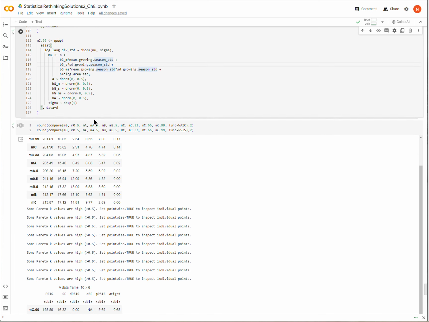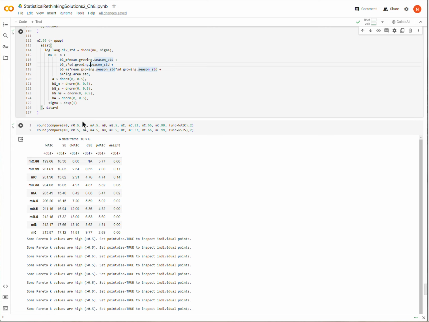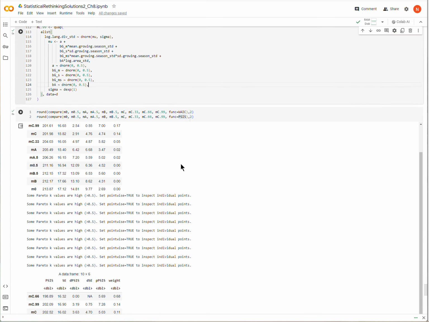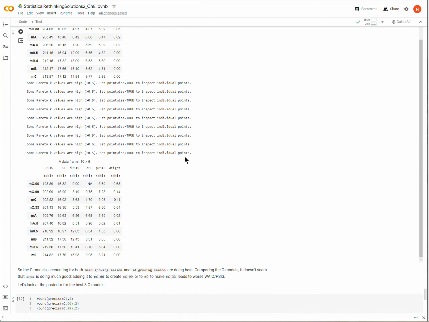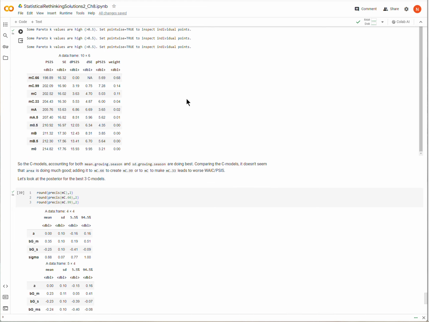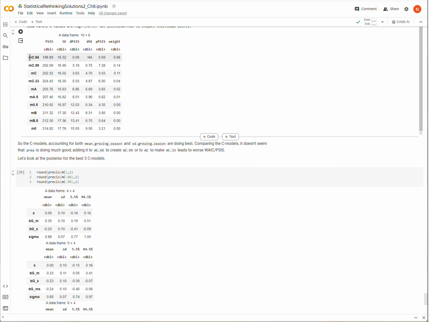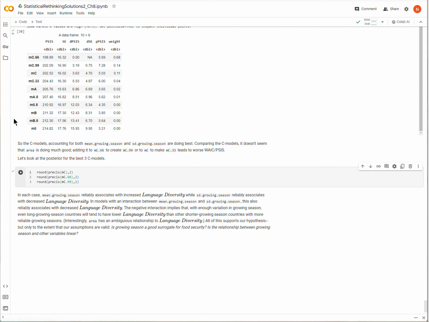But then one thing we want to do is to compare these models. And so I've compared them with WAIC as well as PSIS. And the results are very similar, so I'm just going to scroll down just so I can get everything in one window here. Let's just look at this. I'm going to get rid of this just to free up some cognitive space. So the first thing to notice is that the C models, which again are the models that have both mean and standard deviation of growing season included as predictor variables, are doing better than any other model,